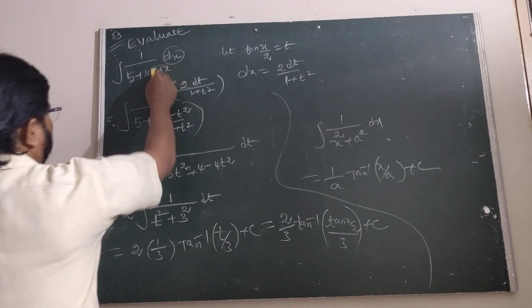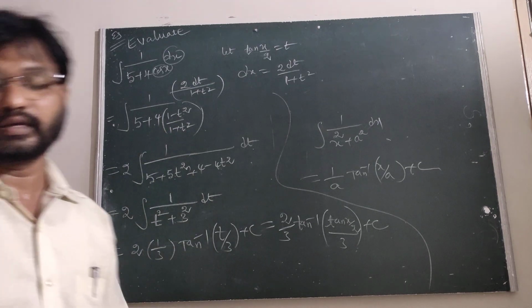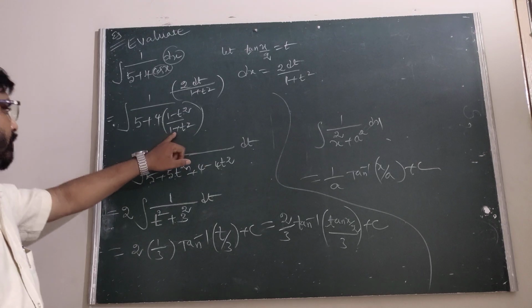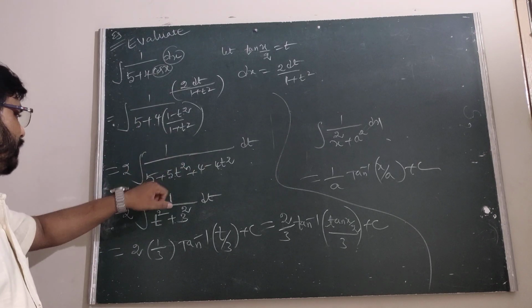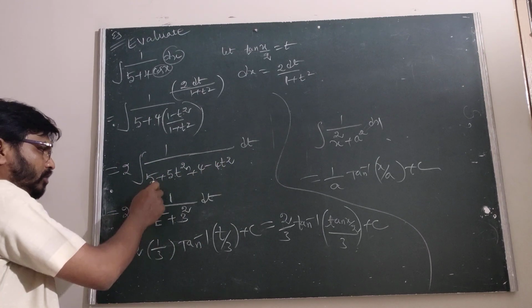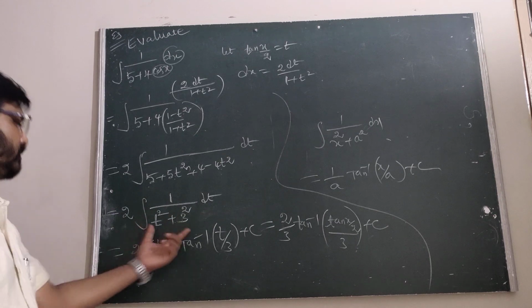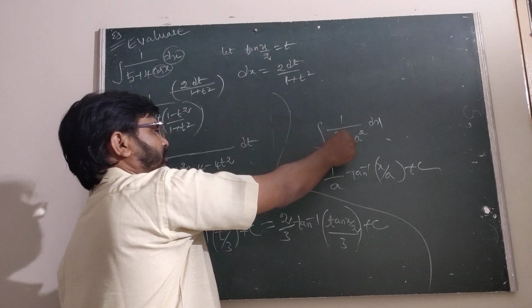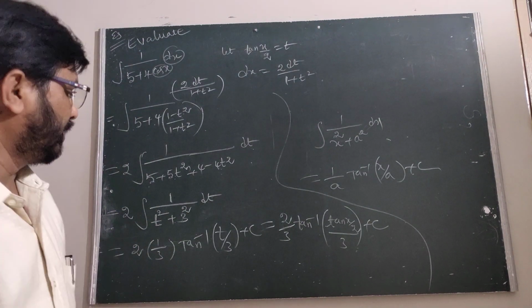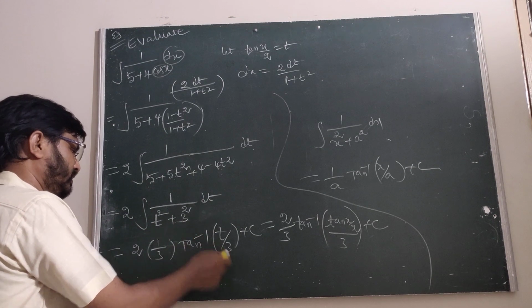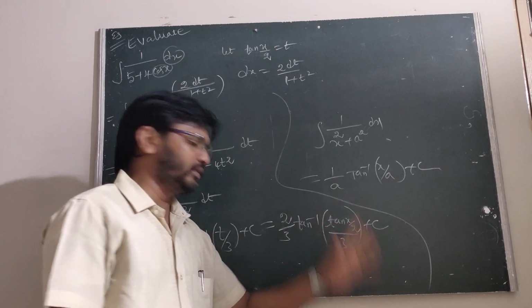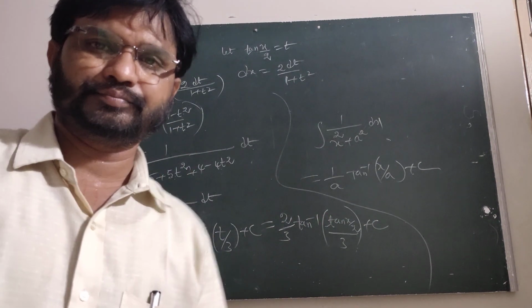So here, how to write this one? The cos x is the 1 minus t square by 1 plus t square, where dx is the 2 dt by 1 plus t square. The LCM is the 1 plus t square. Therefore 5 into 1, 5. 5 into t square, 5t square. After that 5t square minus 4t square is the t square. 5 plus 4 is the 9. 9 is the 3 square. This we have to compare with integral 1 by x square plus a square into dx is the 1 by a tan inverse of x by a, where x is the t, a is the 3. 2 by 3 into tan inverse of t, that is tan x by 2, whole by 3 plus c. This is the answer. Okay.